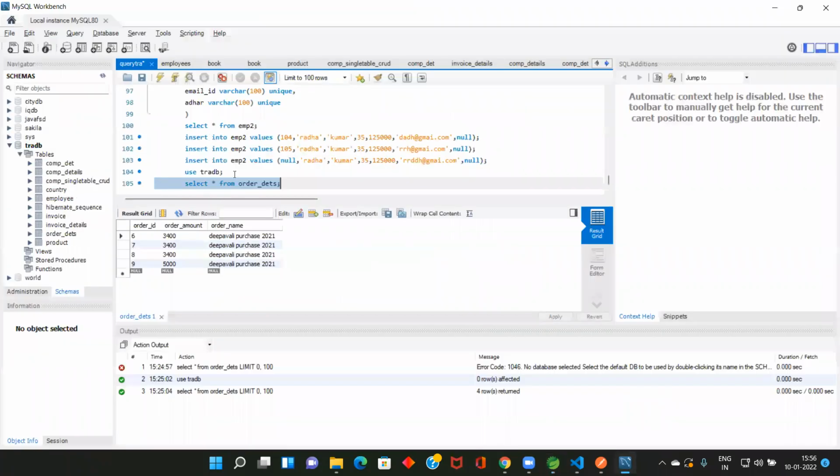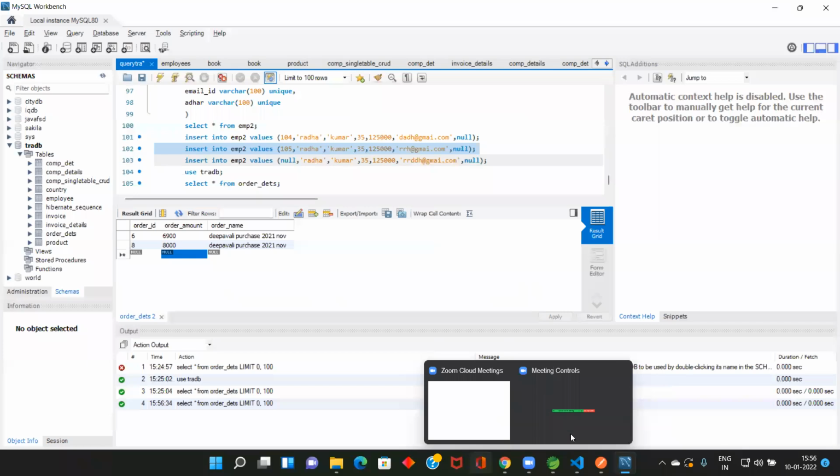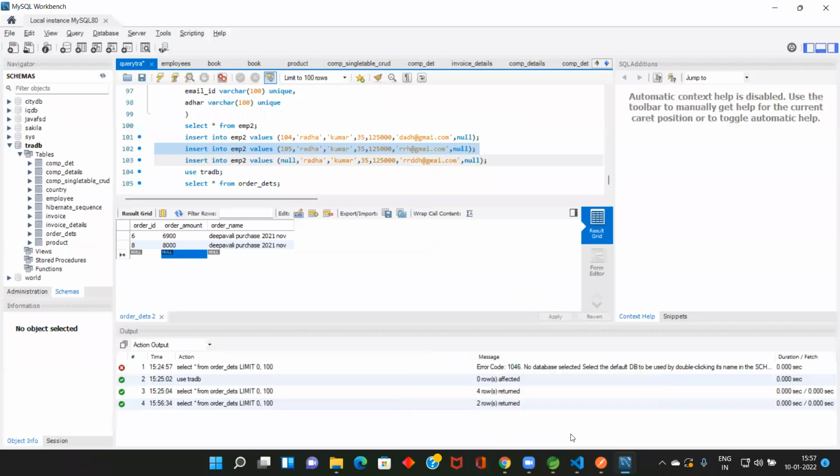Here also, if you see, only 2 records. Hello. Yeah, go ahead. Sir, actually, we are using a web browser for a JSP servlet.